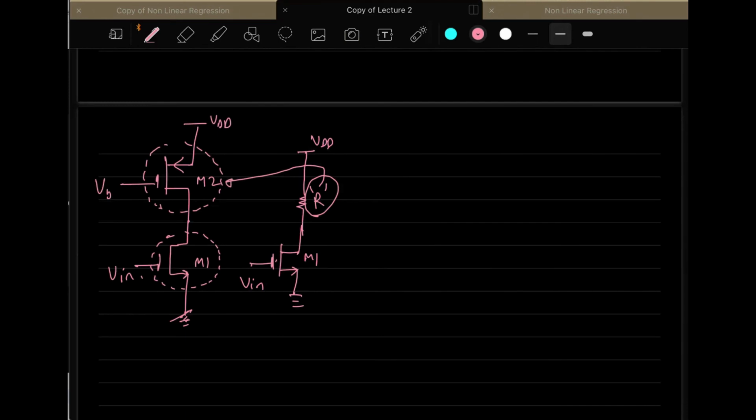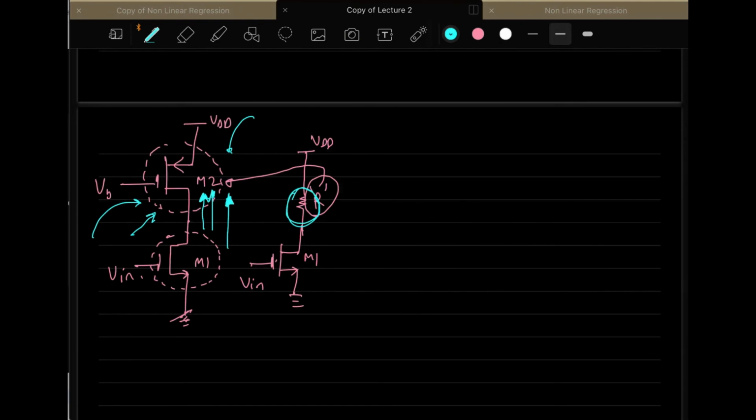So how will you find out? You will find out if you look from this side. If you look from this side, you can find out what resistance this MOSFET is offering. You cannot look from here or here, because they are not connected to M1 directly. M2 is connected to M1 from this side only. So we will look from this side and see what resistance this particular device is offering, and then we will put it here. Any doubts here with respect to this?